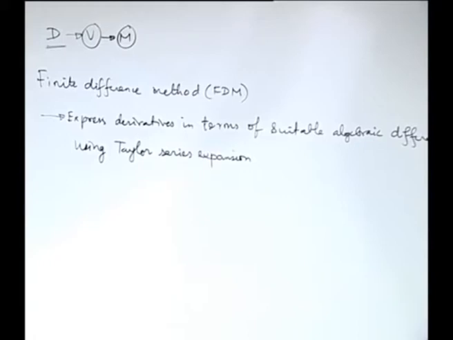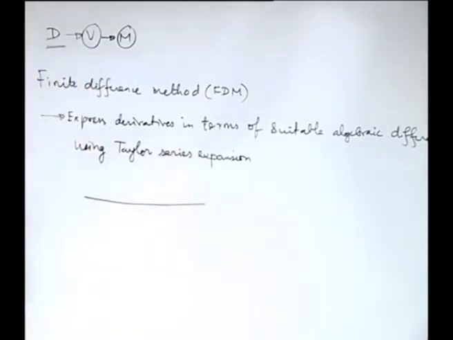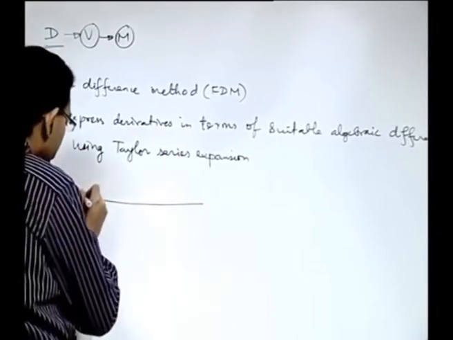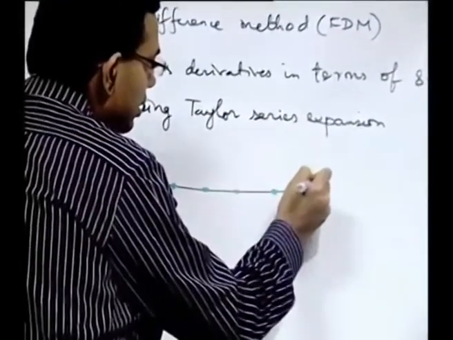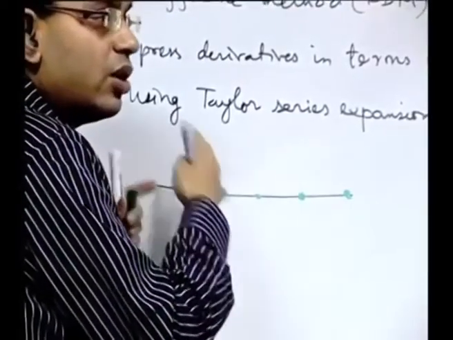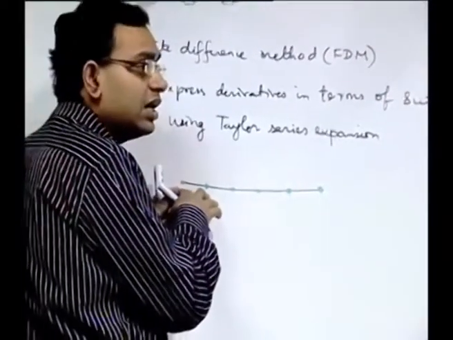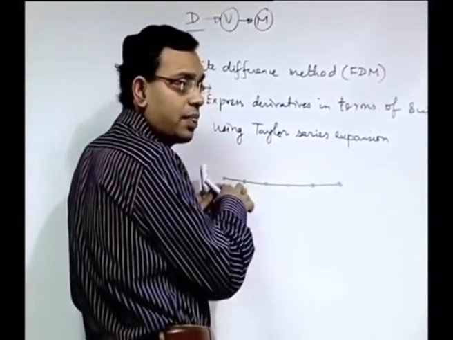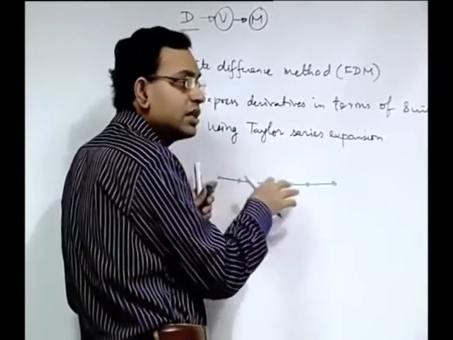Let us see a simple illustration of how we do it. If you have a domain like this, say a one dimensional domain, we divide the domain into, or we identify a few numbers of grid points. So, we actually do not divide the domain into a number of subdomains in the meaning of an element, what we do for finite elements, but what we do is essentially we do a very similar thing, because essentially we represent the domain by a collection of discrete grid points.